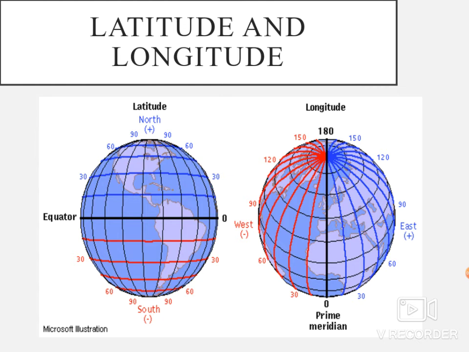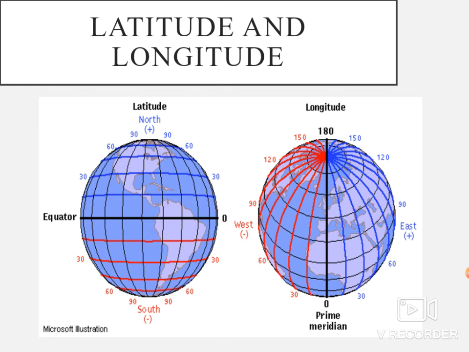Longitudes are vertical lines. They are semicircles and run from the North Pole to the South Pole. They are of the same length. The distance between two meridians is maximum at the equator and keeps on decreasing as one moves towards the poles. The meridians cut the parallels at 90 degrees and help us to measure distances in the east-west direction.